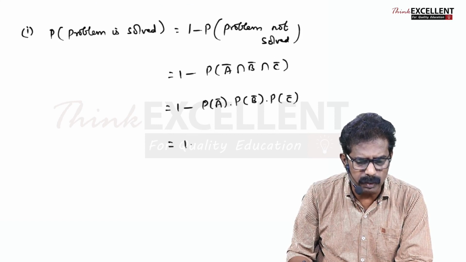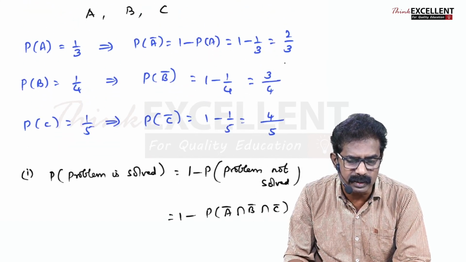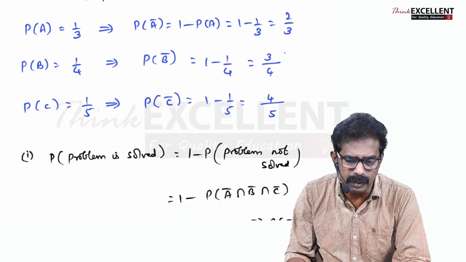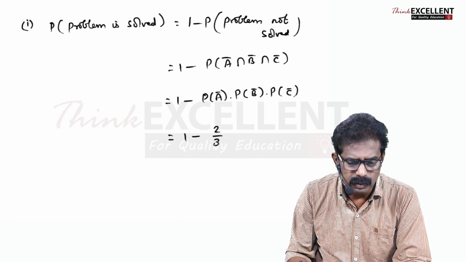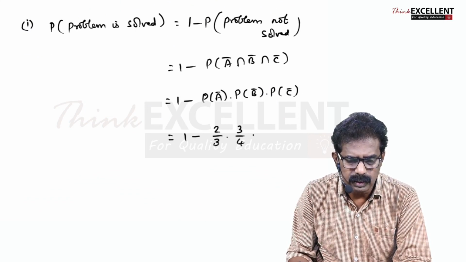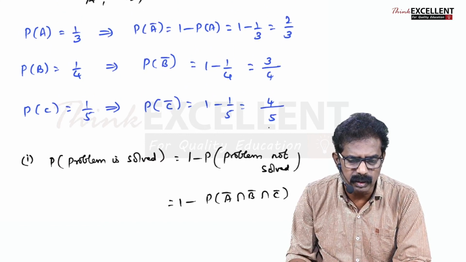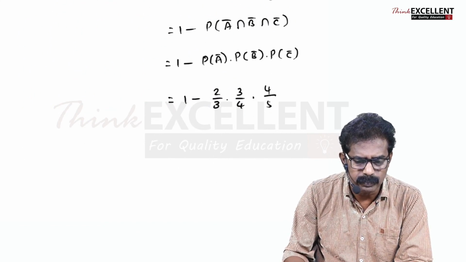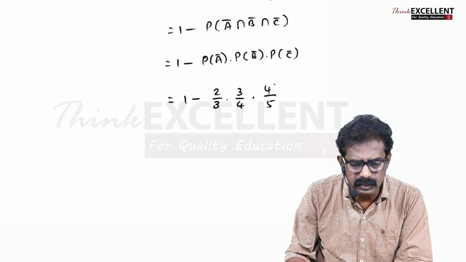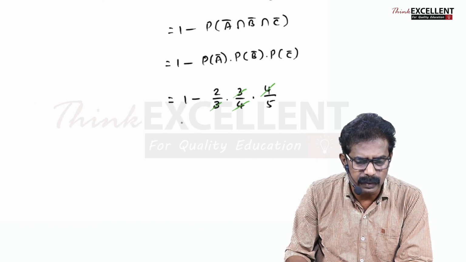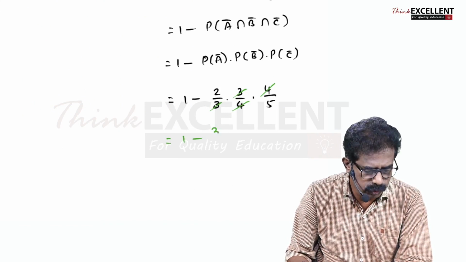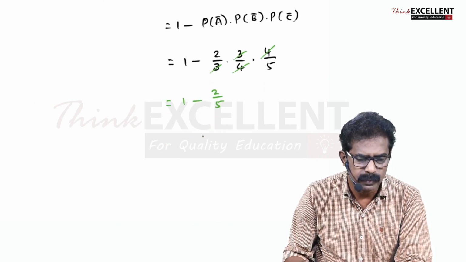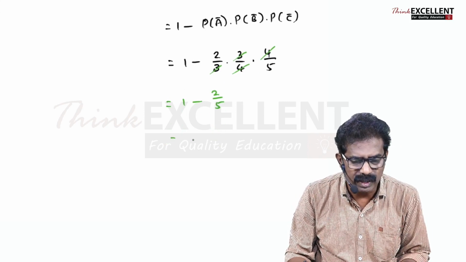That is 1 minus P of A bar, that's the reason we are finding everything, okay, 2 by 3 into 3 by 4 into P of C bar is 4 by 5. Now we can cancel this 4 and 4, 3 and 3. You are getting 1 minus 2 by 5, right? So your answer is, taking 5 as LCM,